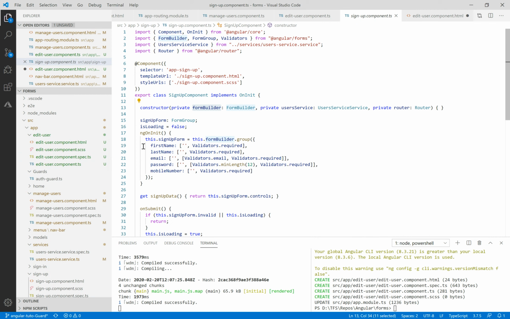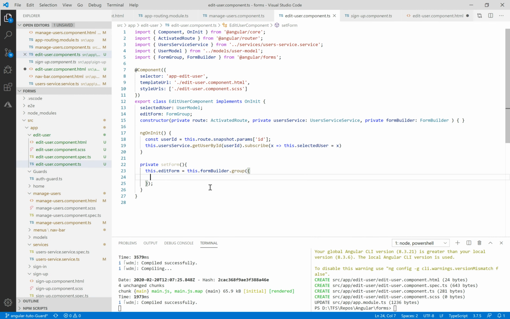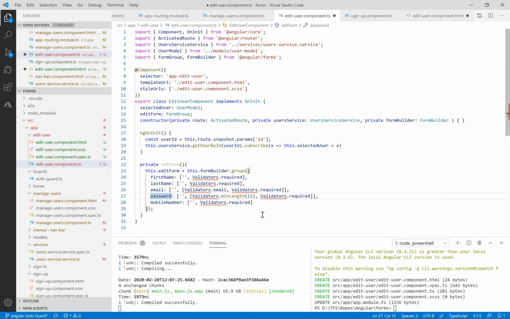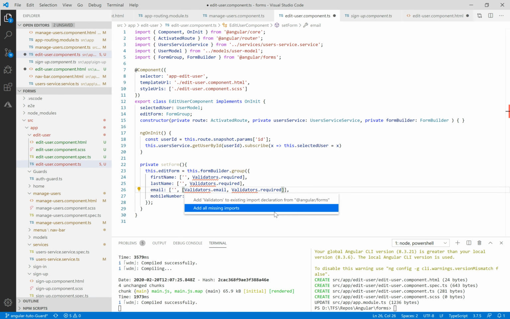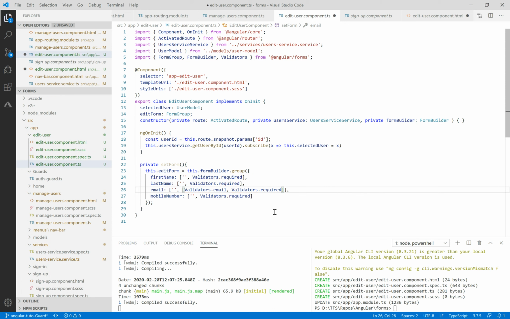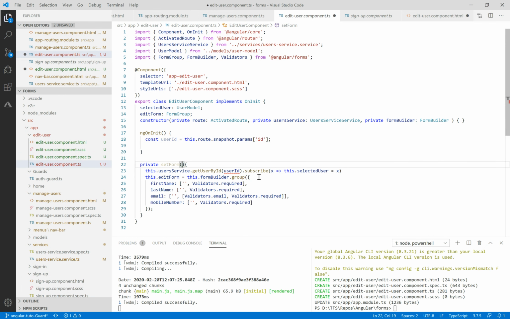Let's copy this property and paste it here. So we delete the password, and also we need to initialize this form by the selected user property. So that's why we need to define this getUserById inside the setForm,